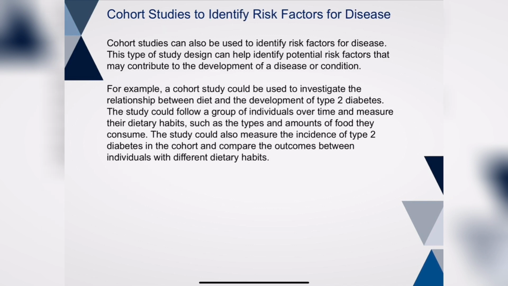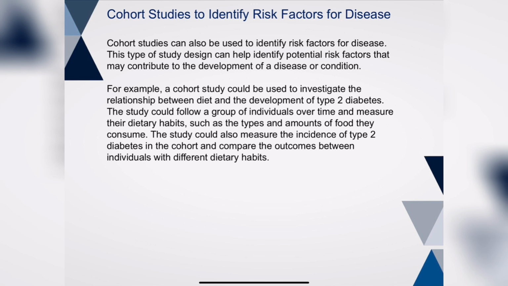Cohort studies to identify risk factors for diseases. Cohort studies can also be used to identify risk factors for a disease. This type of study design can help identify potential risk factors that may contribute to the development of a disease or a condition. For example, a cohort study could be used to investigate the relationship between diet and the development